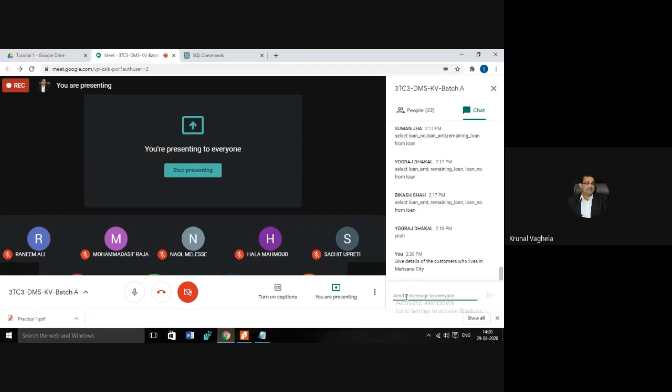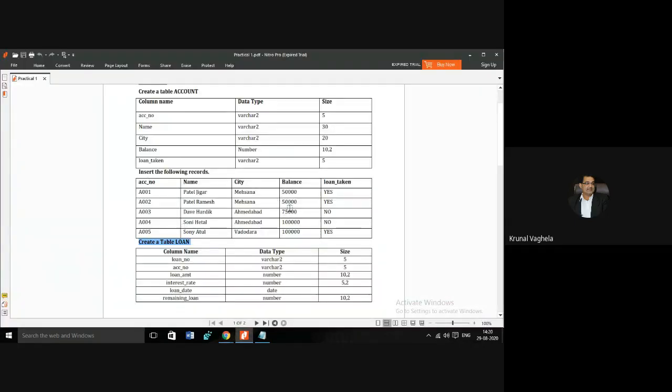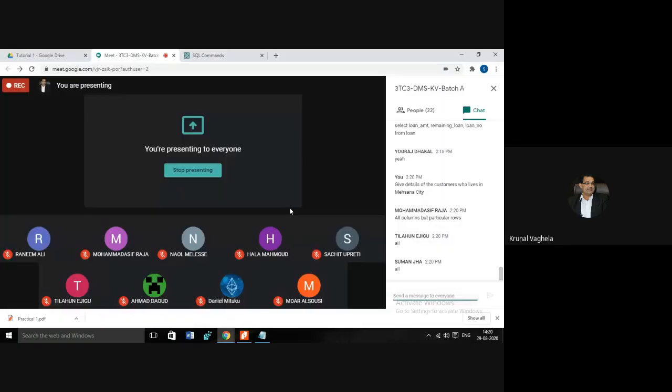Now tell me, are they asking for all the columns or some particular columns? Let me show you the data. This is the data. All the columns. And are they asking about some particular rows or all the rows?